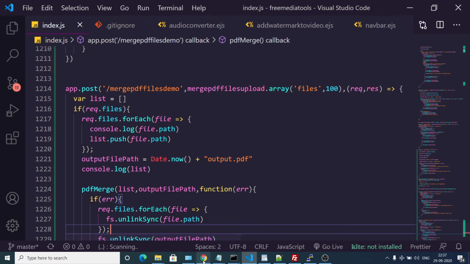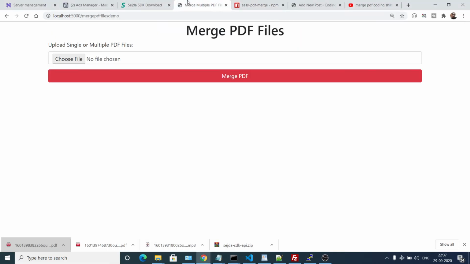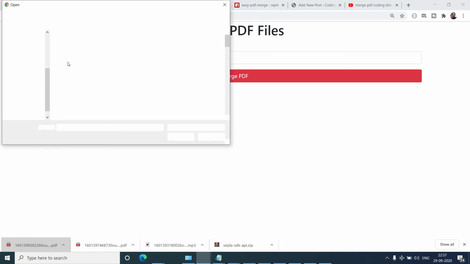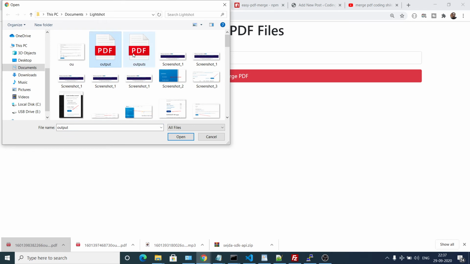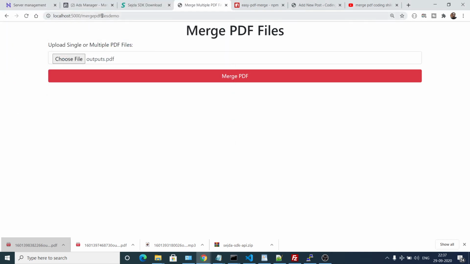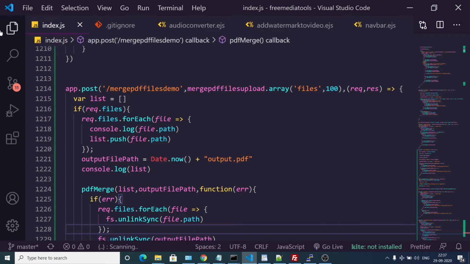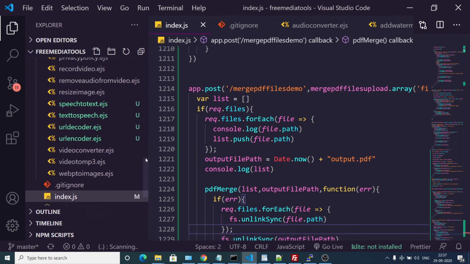If I just test this code in my browser, if I go to localhost, if I choose multiple files, you will see, if I choose these two PDF files, sorry, I think I haven't allowed multiple access, so I need to go to my EJS file.